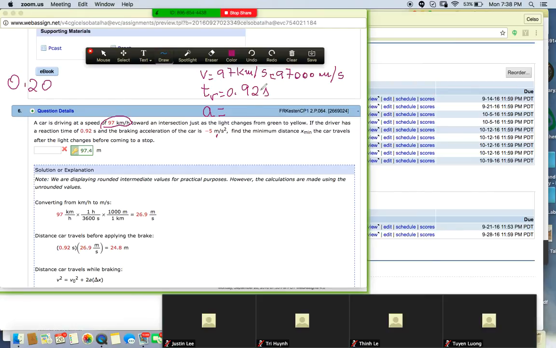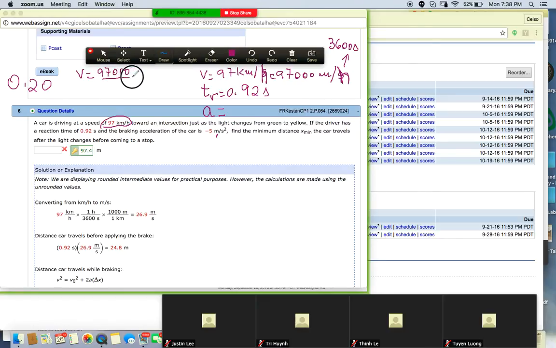Kilometers per second? No, kilometers per hour. Per second would be a very fast car. So I have to convert that: 1 hour is 3,600 seconds. Basically, the speed will be